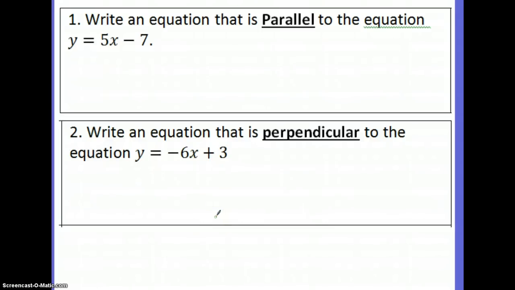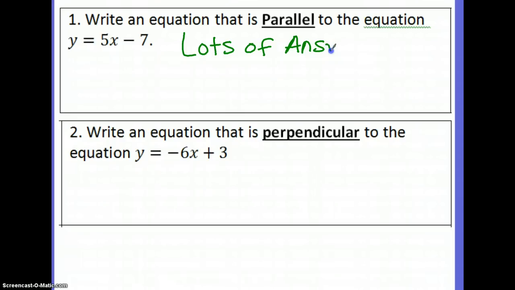This is your review for test 7. The first question, write an equation that is parallel to the equation y equals 5x minus 7. There's lots of answers